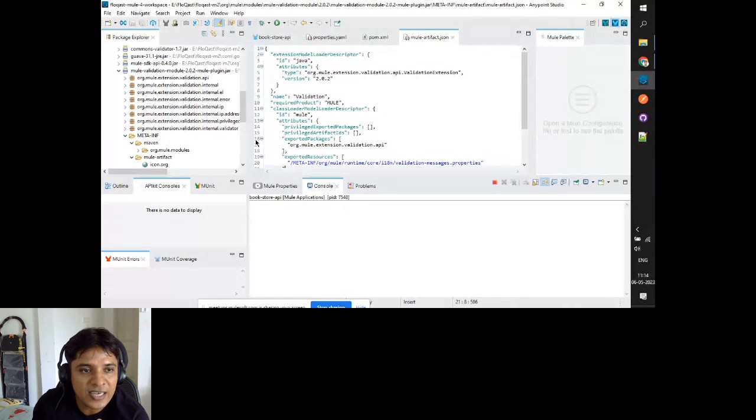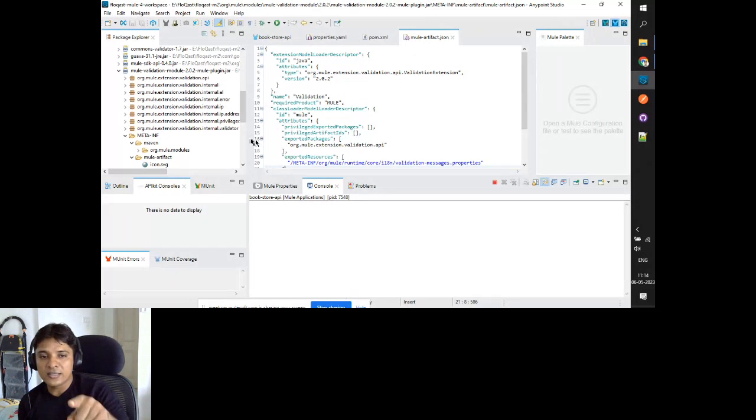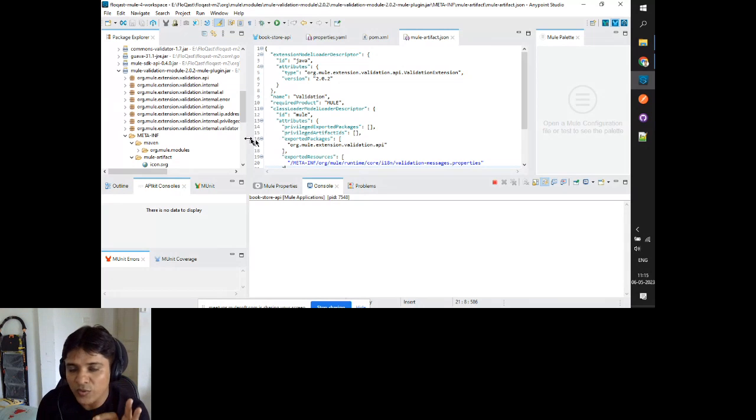Here, we have SDK API, GUA, JRE, we have commons validator jar. These jars are not visible to other modules except this module. So this file will tell other modules that these are the two artifacts or packages or resources that will be available. So this will avoid the conflict between two modules. If two modules are using the same jar and they want to have different versions, then this file will take care of it. And that's where Mule 4 introduced this file called,